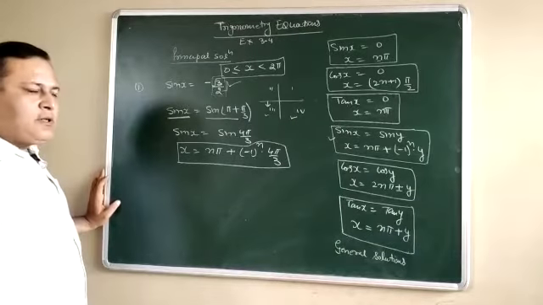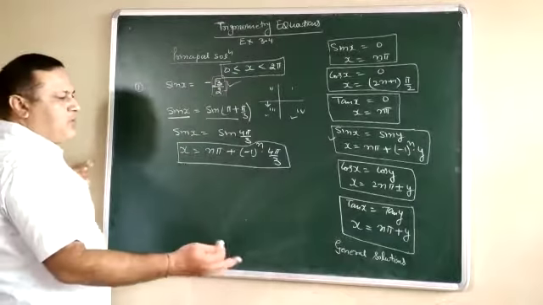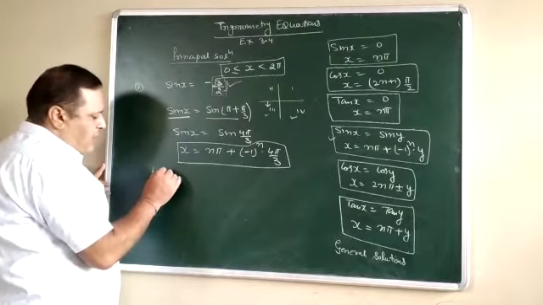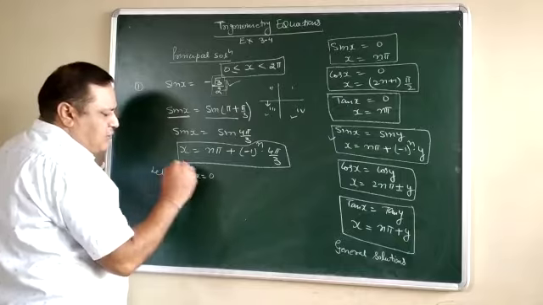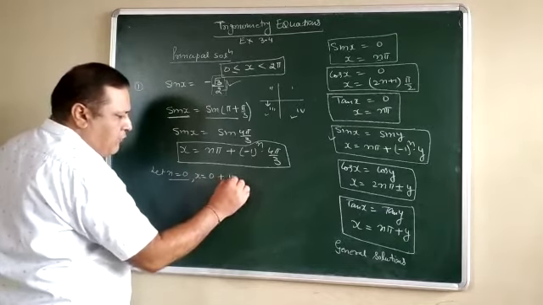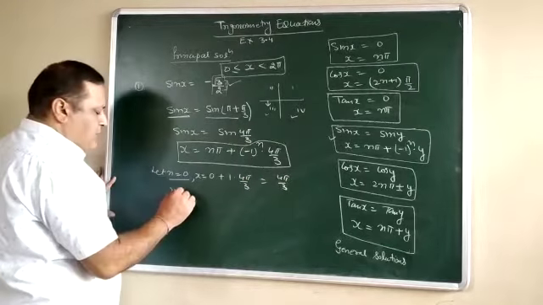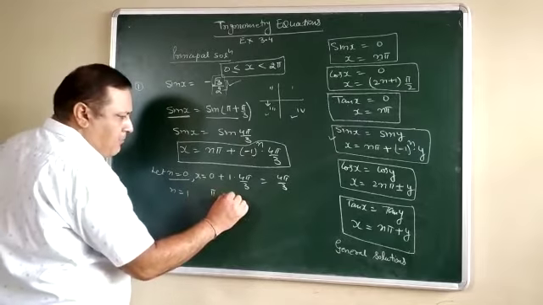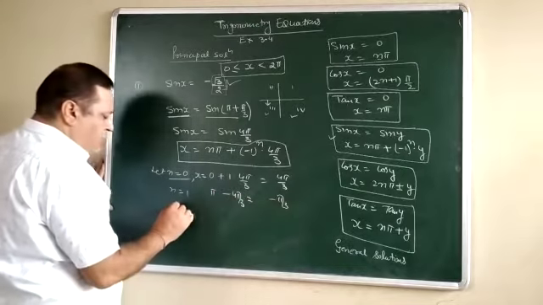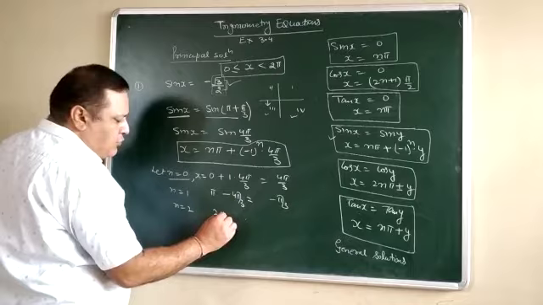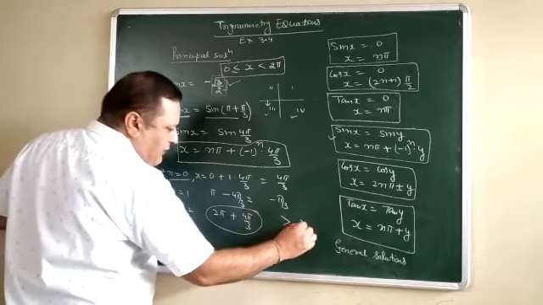Now, in the case of the principal solution, what to do? We say the result must be obtained from 0 to 2 pi. Let us substitute different values of n. First, let n equal 0, then x is equal to 0 plus (minus 1) to the power 0, that is 1, into 4 pi by 3, which is 4 pi by 3. When you substitute n equal to 1, it becomes pi minus 4 pi by 3, which is minus pi by 3. When you substitute n equal to 2, the result is 2 pi plus 4 pi by 3, and this value is greater than 2 pi.